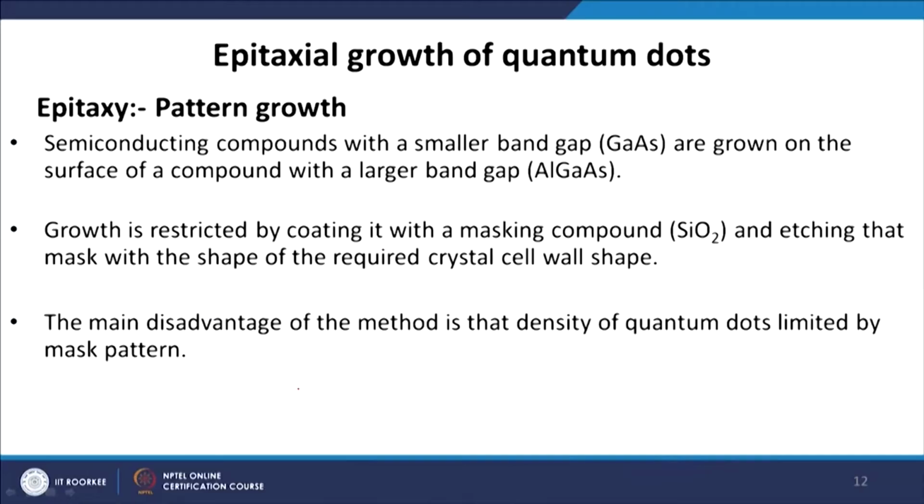Another important technique is epitaxy or pattern growth. Semiconducting compounds with a smaller band gap, for example gallium arsenide, are grown on the surface of a compound with a larger band gap like aluminum gallium arsenide. Now, growth is restricted by coating it with a masking compound. As a masking compound, we usually use silicon dioxide and etch that mask with the shape of the required crystal cell wall shape. The main disadvantage of this method is that the density of the quantum dots is limited by the mask patterns. So, whatever mask pattern we generate determines how many quantum dots we will be able to